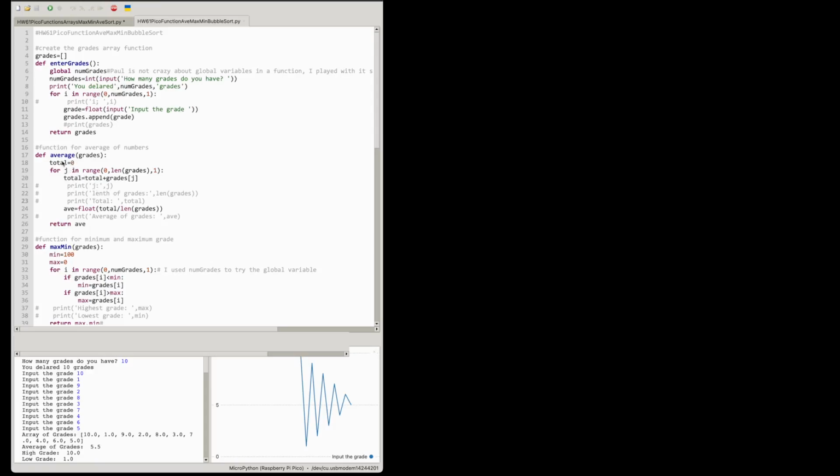But anyways, we said total is 0 for J in the range from 0 to length of grades. So in this instance, I'm not calling the global variable, and I wanted a way to get around that. The length of grades counts how many grades there are, and that's how the program will do it. This is, I guess, some built-in function. Then I go total equals total plus grades of J,